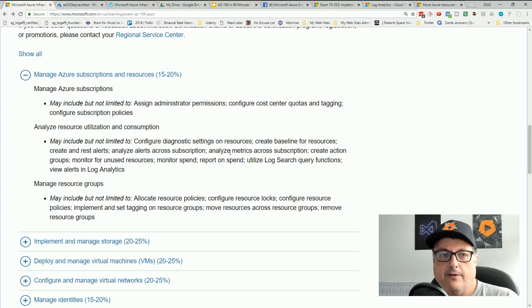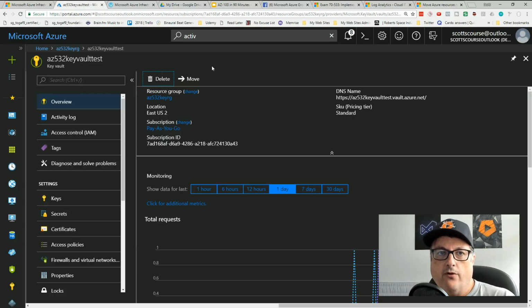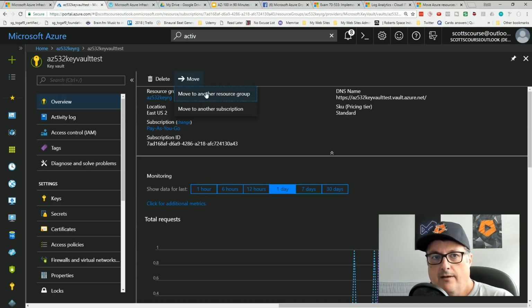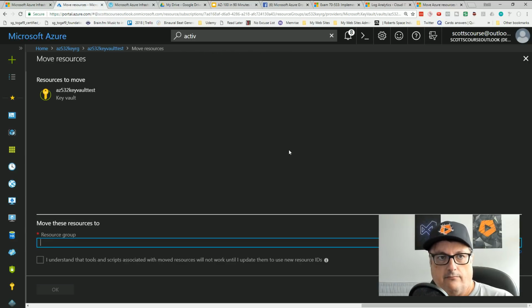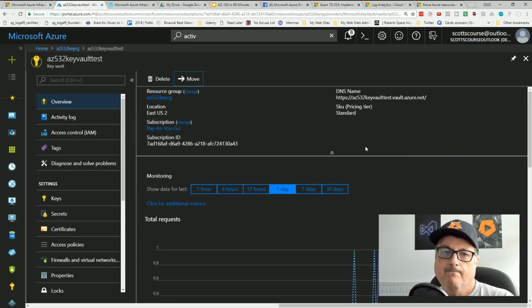It's one of the great things about taking these tests is it forces you to go into the portal and see things that, I've seen this move thing here recently, but I've never opened it, and it never occurred to me that changing from my key RG to creating a new resource group or moving it to a new resource group. I understand the tools and scripts. Yeah, that's fair. So, they're very interesting stuff here.